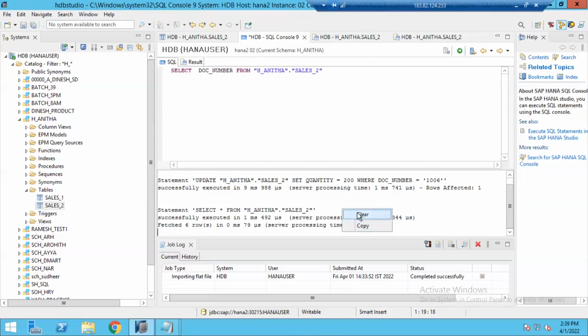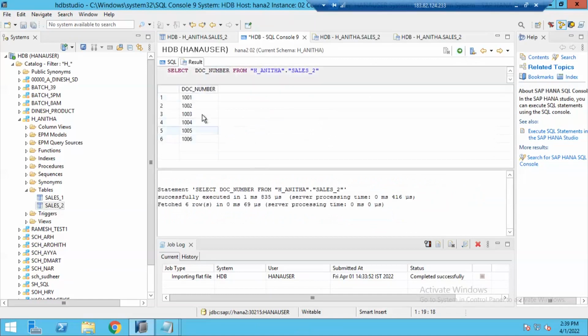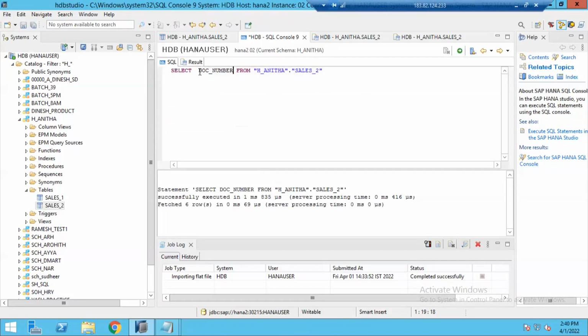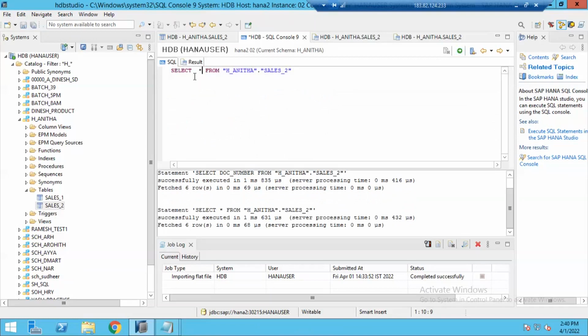It will return only this column from this table. Execute. You see, I am getting only the document number. If you want to see all the columns from the table, simply mentioning star makes our life easy. Star means it brings all columns from the table. If you want only a few columns, mention the column names.